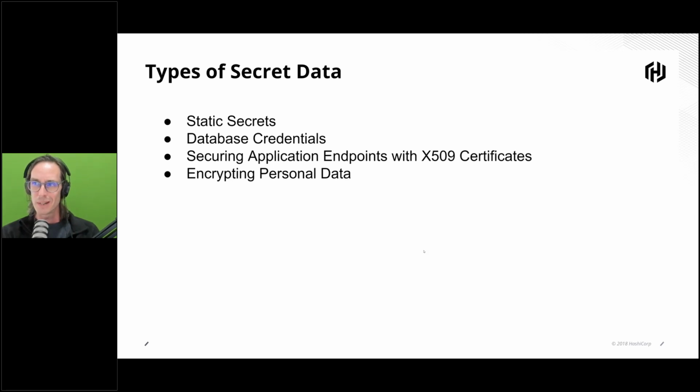Encryption in transit is not easy. Running your own certificate authority, generating certificates, providing them to the application, and securing them to make sure people can't just generate them ad hoc, is not an easy thing to do. And the personal data,